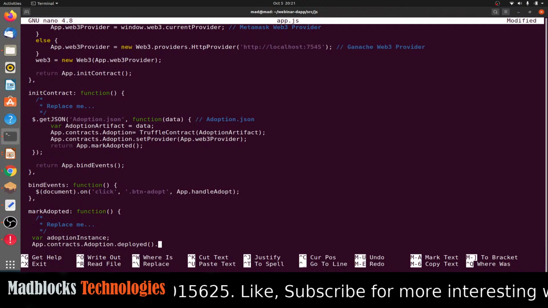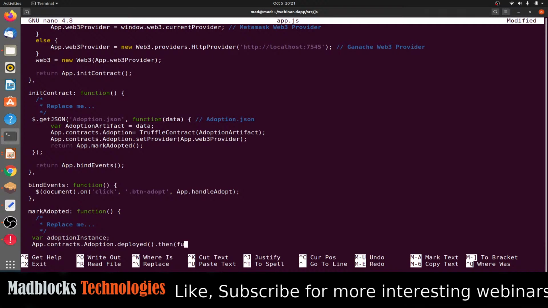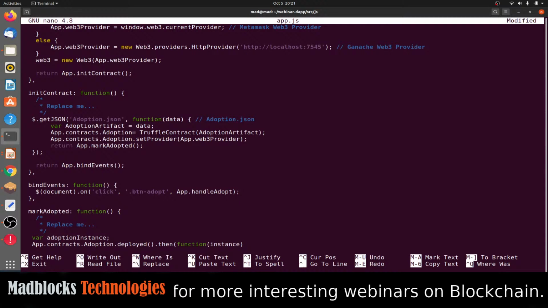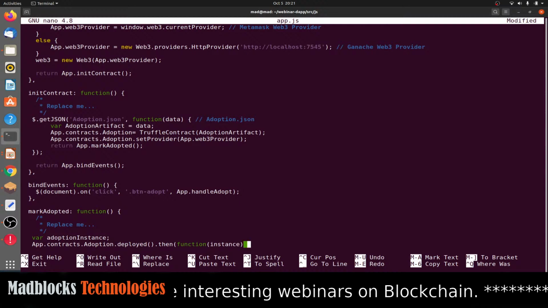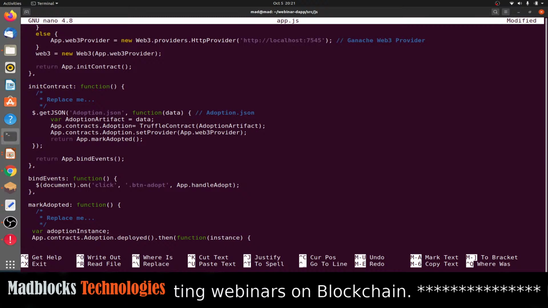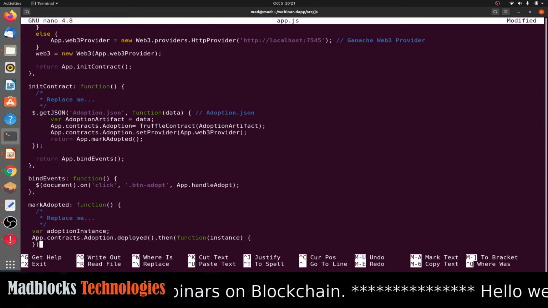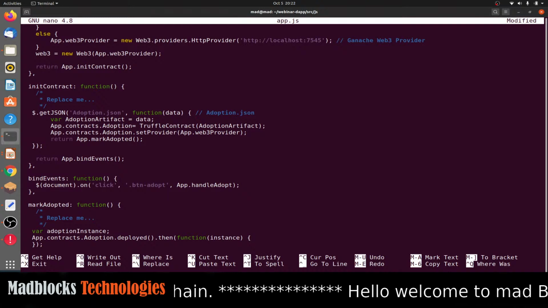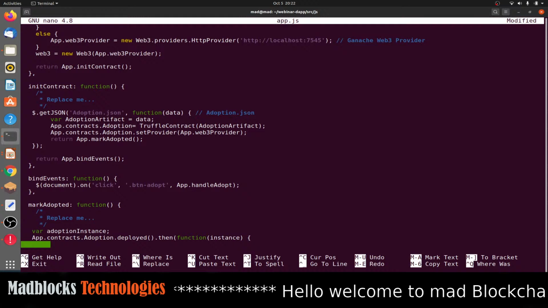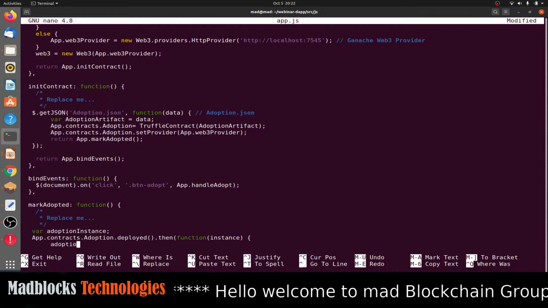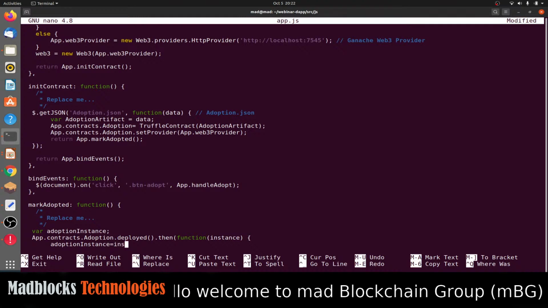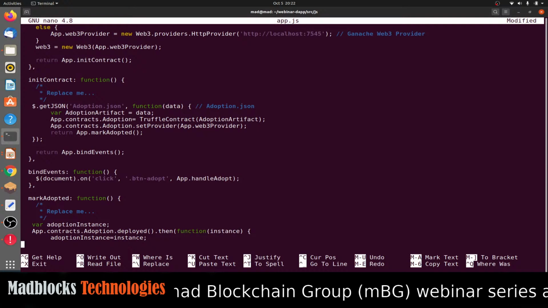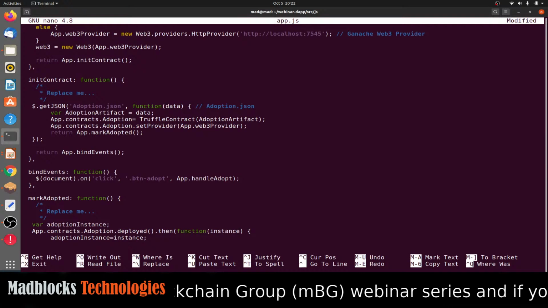Then function(instance), so we have to pass the argument called instance. Open the curly bracket, then close the curly bracket, close the function, semicolon. Inside this, we have to load that instance into the adoptionInstance variable first. So adoptionInstance equals the instance variable, which means the instance will be copied to adoptionInstance, and it will return